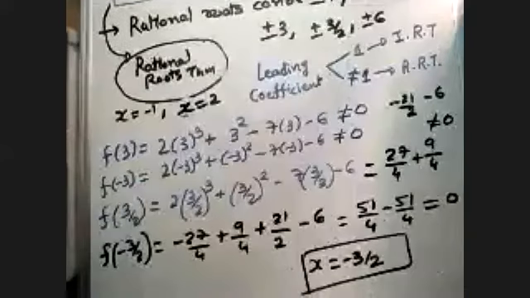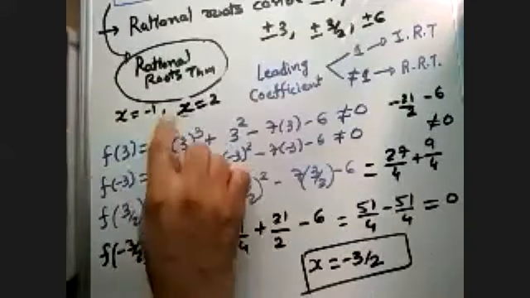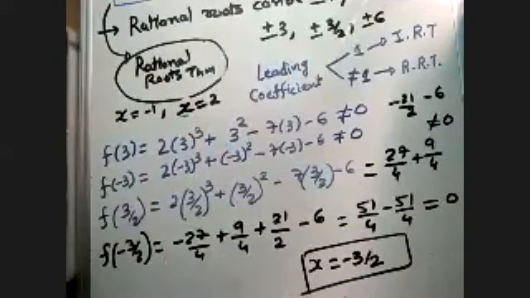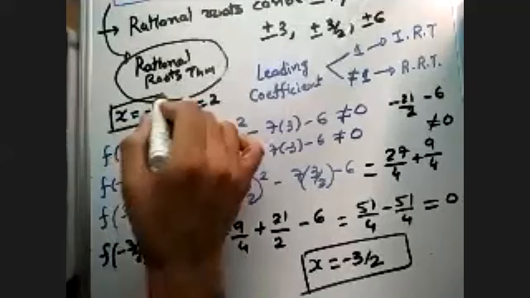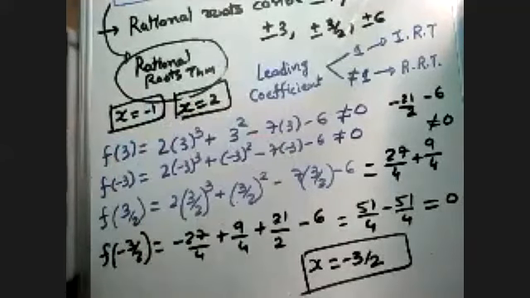for x equal to minus 1, for x equal to 2, and for x equal to minus 3 by 2. For these three values, we got our polynomial equal to 0. So these three are the roots: minus 1, 2, and minus 3 by 2. Is it clear? Right. Let us see question of Vastav now.